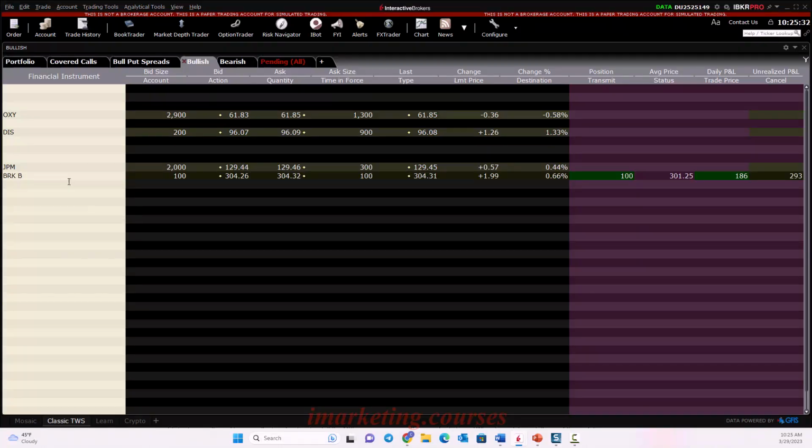It's just a practice platform. When you're live in the markets, you'll have live data where you'll actually be able to see those prices moving in real time. Now, this paper trading platform